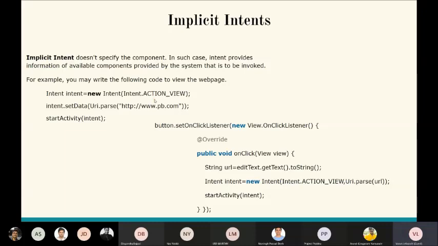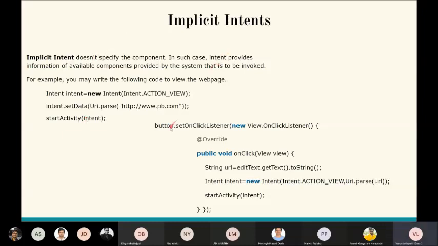The examples of implicit intents are sending emails and opening web pages. The things which are handled by other applications are implicit intents. Stating simply, if you see here, intent, this is the name of the intent, equals action view. I'm setting the data, like some website, and startActivity. So this is responsible for opening that website.